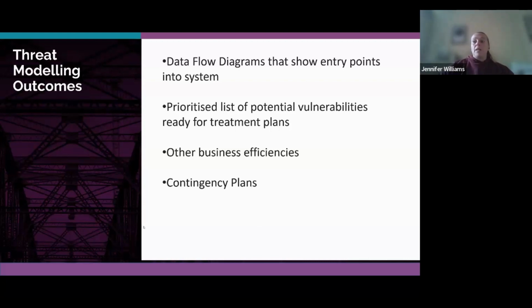I often find when I'm conducting threat modeling exercises with businesses that they find other efficiencies as a result of their threat modeling activities, and as a result of thinking about, actually, do we really need to spin up this other AWS service, or could we keep our data flow to a minimum by doing it like this? So they're saving costs as well as identifying vulnerabilities.